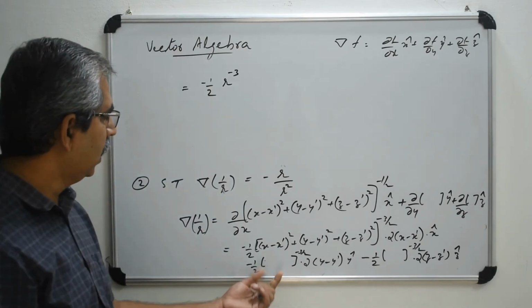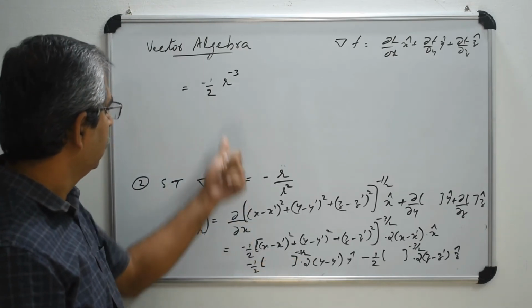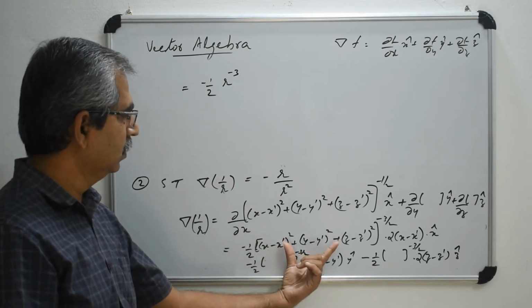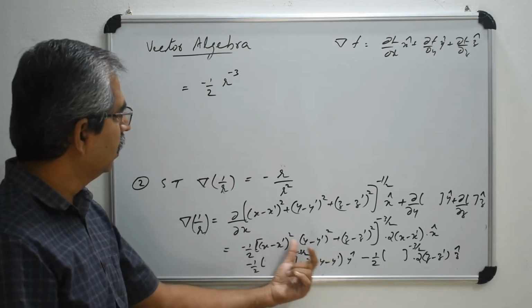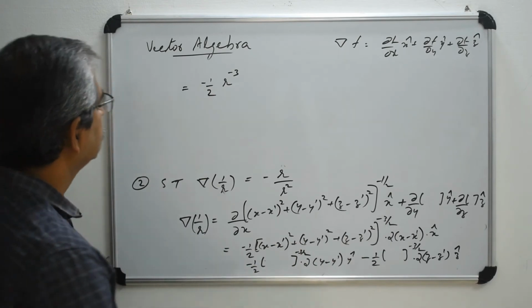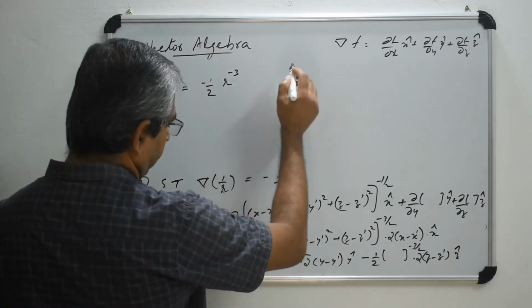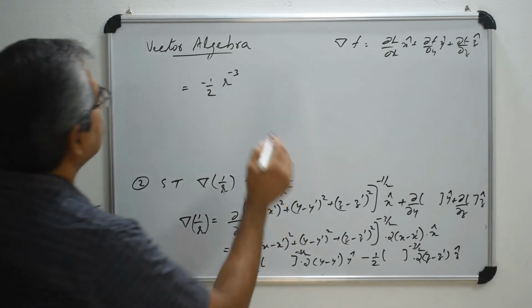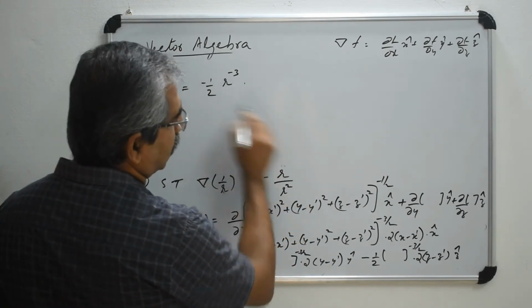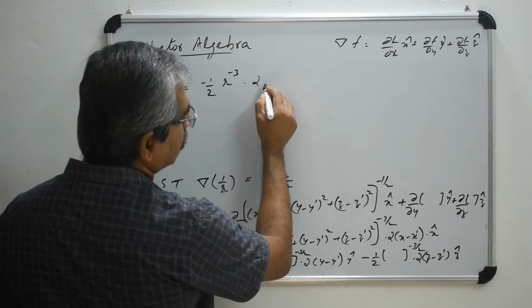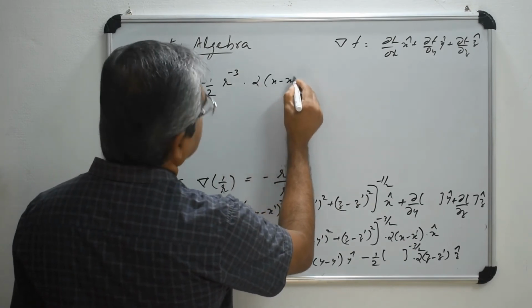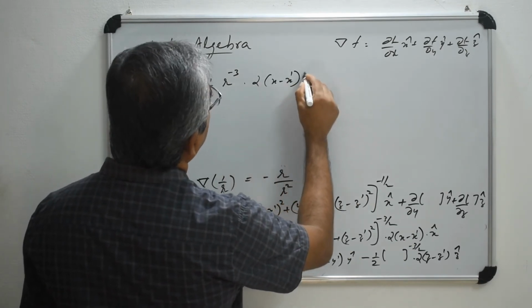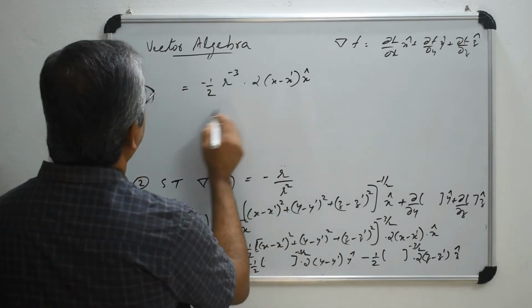So that is r raised to minus 3 minus half into this one, okay, raised to minus 3. Then into, okay, 2 is there, 2 x minus x dash into x cap plus,